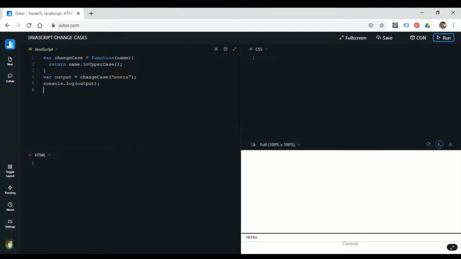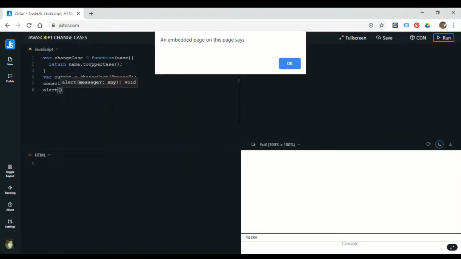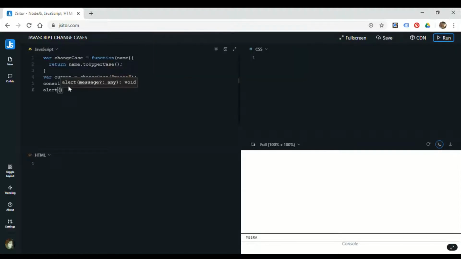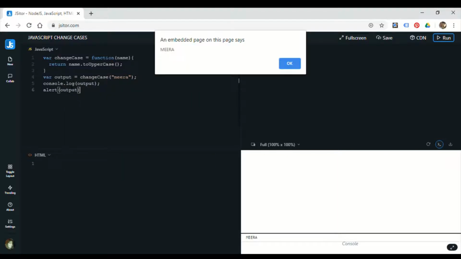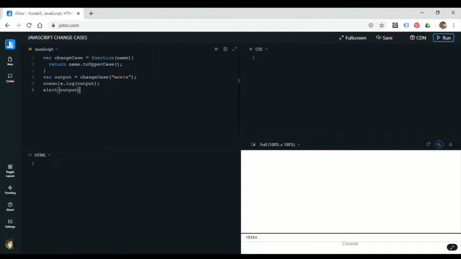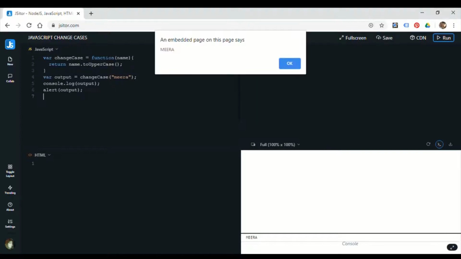Within that I need to return and assign a task. So here I say return. What do I do in order to change the case? name.toUpperCase. And why do I call toUpperCase? Because here I'm going to write my name in small letters. I want to change it to uppercase. And when you're doing name.toUpperCase, remember toUpperCase is in camel case, as you can see.